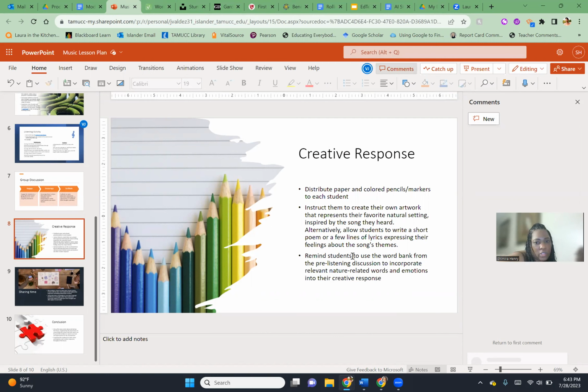Say if a student decides to use an instrument like a guitar and sing a song, they have the option to do that. If they just want to write a poem or some lyrics, they can use text for that. They can use audio if they just want to record their voice singing this song. And if they decide, okay, I'm gonna draw something and I want to take a picture and upload it. Okay, I get you.